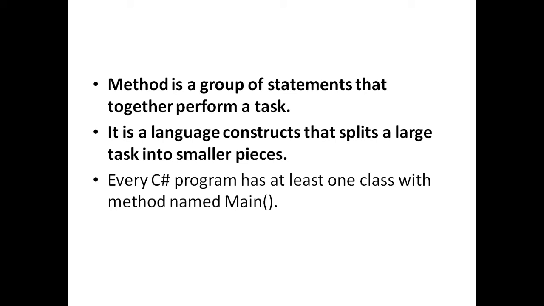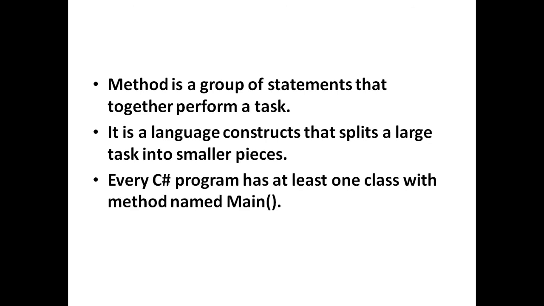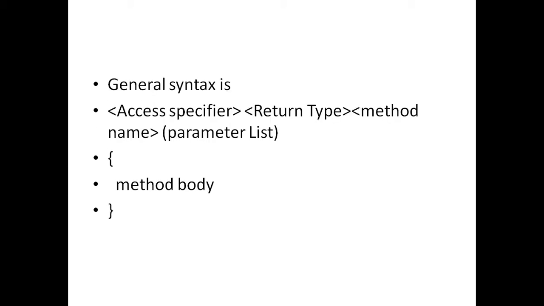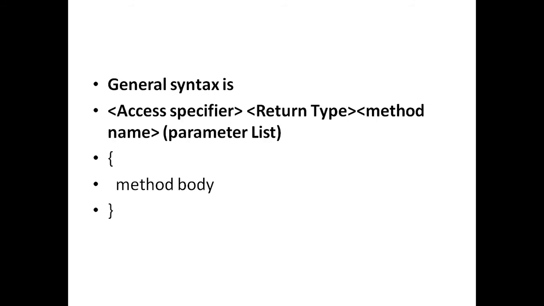Every C# program has at least one class with a method named main. To use a method, you need to define a method and call the method. The general syntax is access specifier, the return type, method name, the parameter list, and the method body,